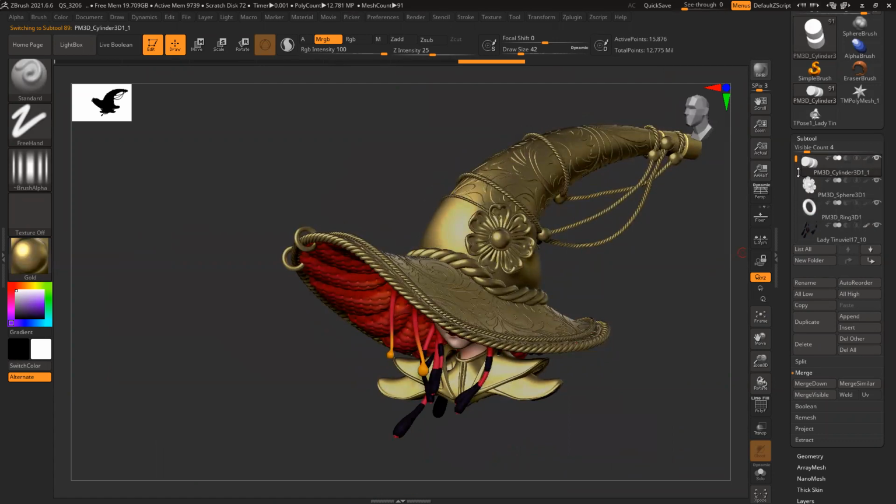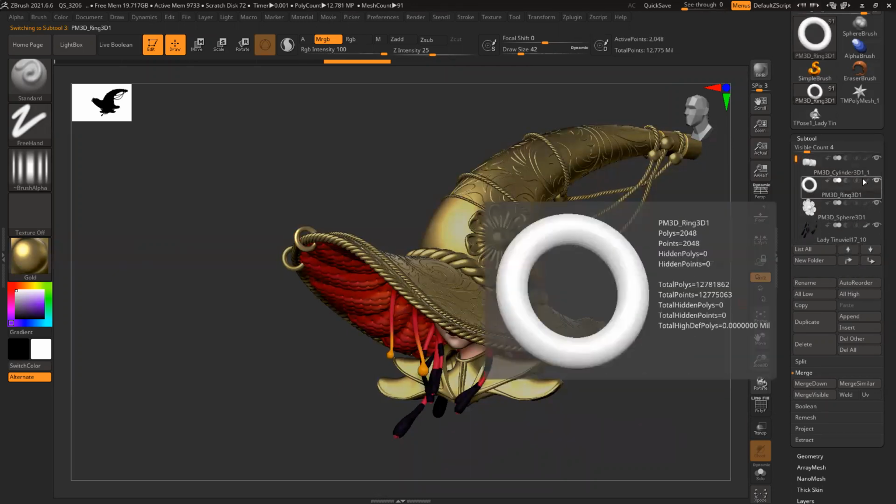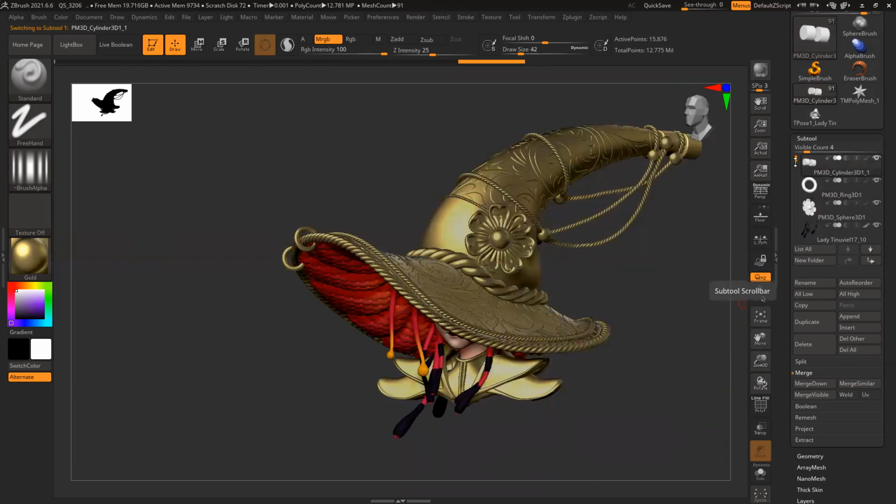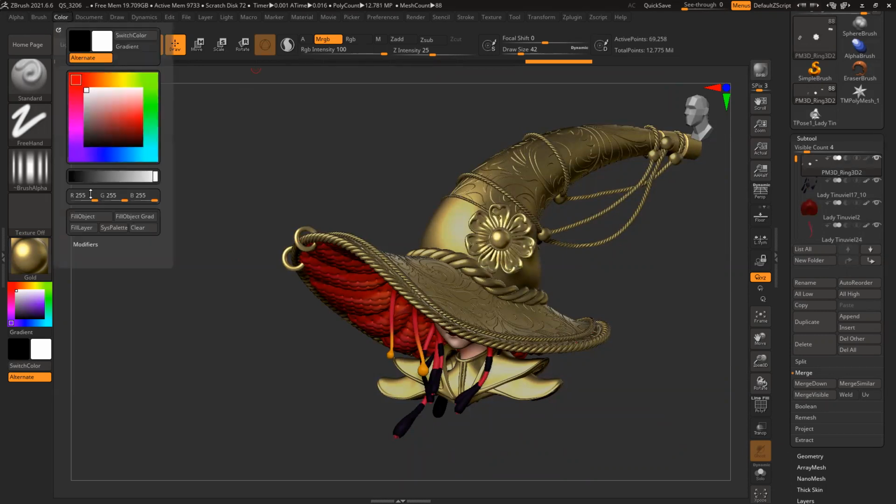So all three of them. Okay. Move up. Let's keep the flowers separate fully. Merge down, merge down. This flower is also gold. So if I want, I can merge it with this and fill it.